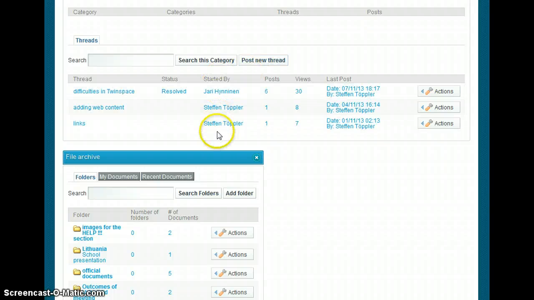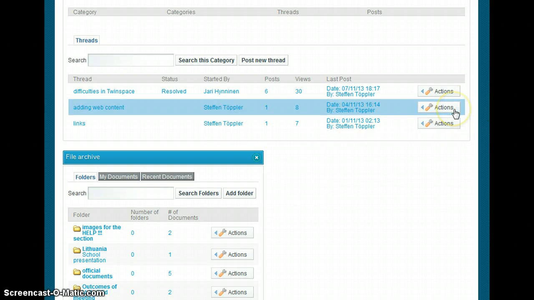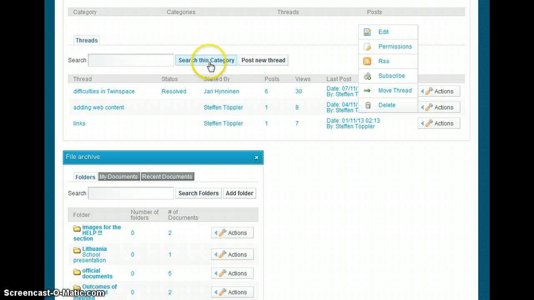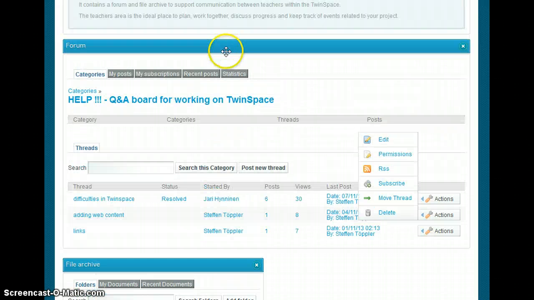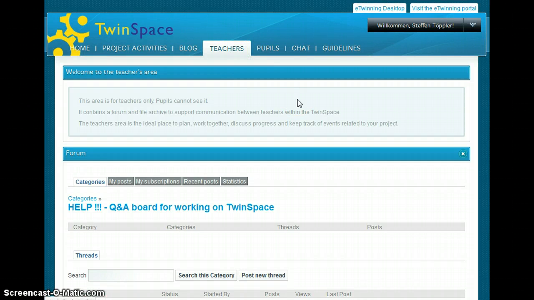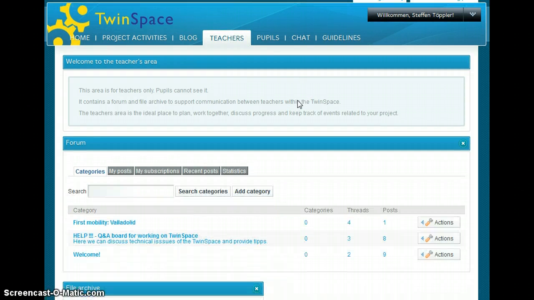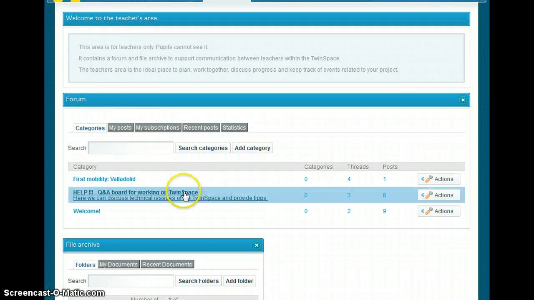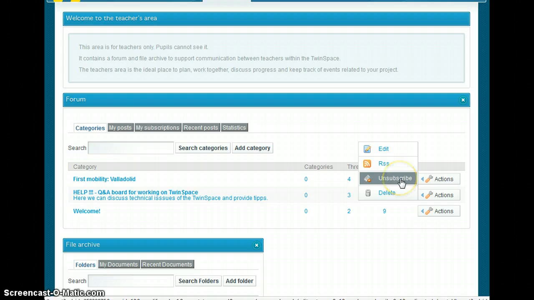A very important point is that you should use this button to decide whether you want to subscribe to a topic, or maybe even to a category. I'm going back to the teachers section, where I see the forum again, and here is the help section again, and I can also here go to actions and unsubscribe